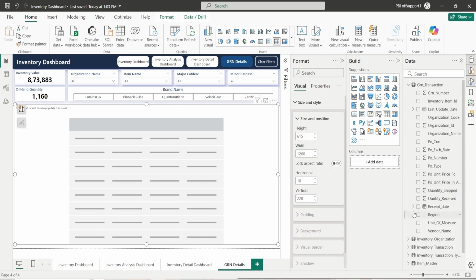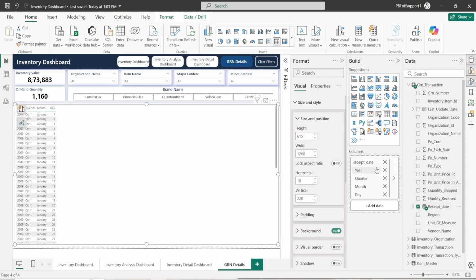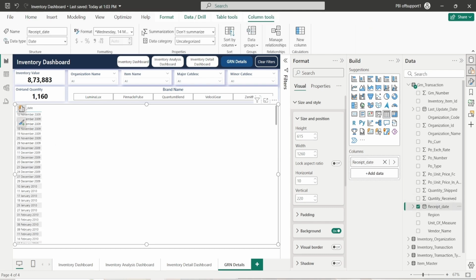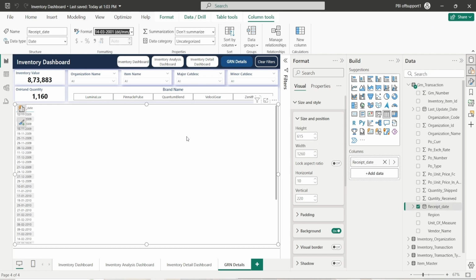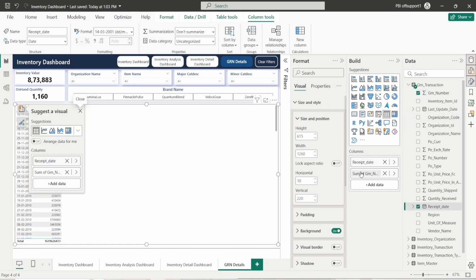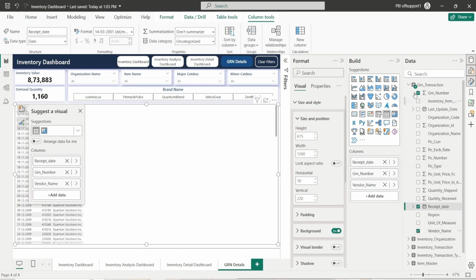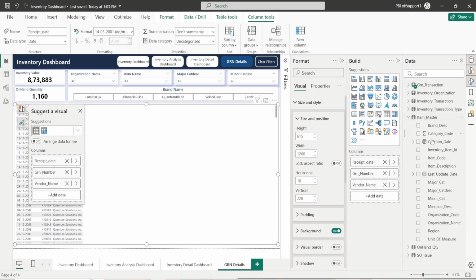So here we have to add first receipt date. Receipt date is GRN date. So right click on that and click on the receipt date. Also give the format DDMMYY, and then we have to add GRN number. Right click on the GRN number and click on don't summarize. Then we have vendor name, so add vendor name. Then we have item code,